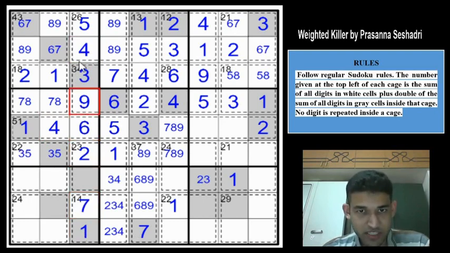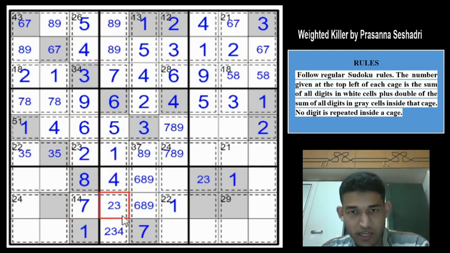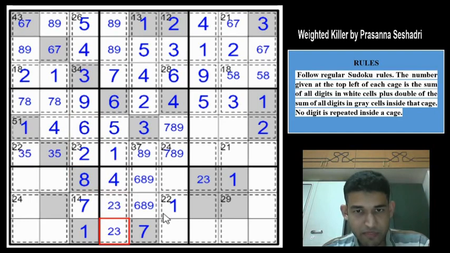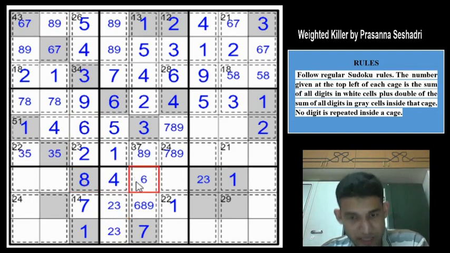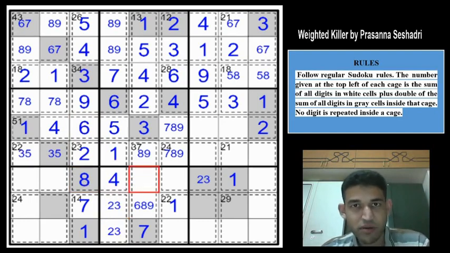Now I think we are going to zoom in the Sudoku. 1, 7, 2, 6, 9, 3, 4, 5 and 8. So this is going to be an 8. 8 multiplied by 2 is 16 plus 3, 19, and we need 23 total. So this will be a 4, and these 2 cells must be 2, 3. And you can't have an 8 here, so this will be 6, 9. Superb guys, superb Sudoku. Really worth your time to solve such Sudokus.